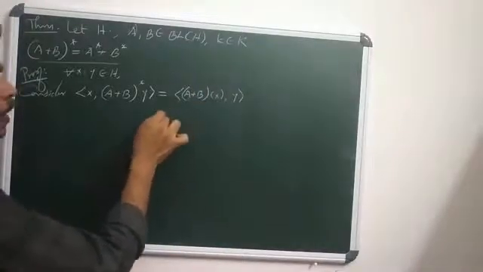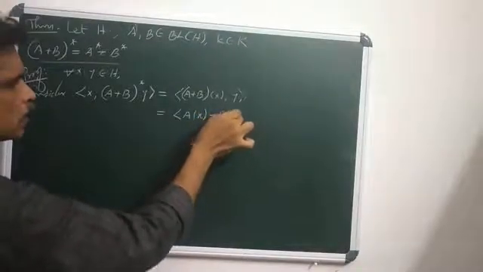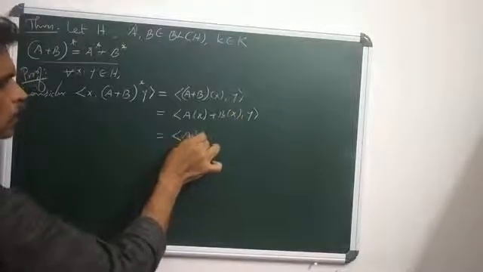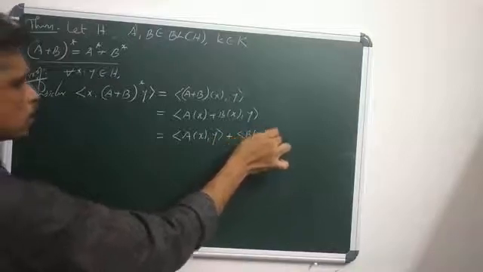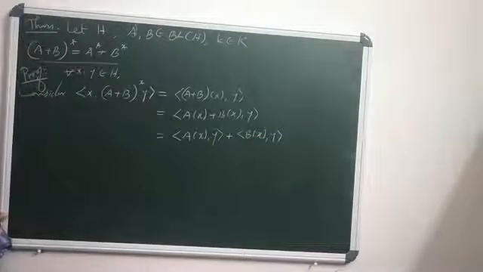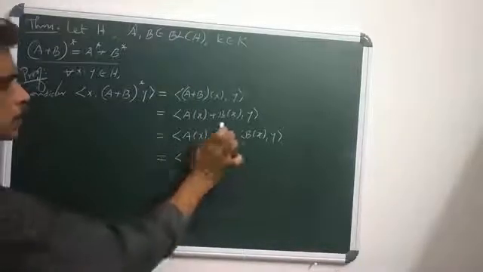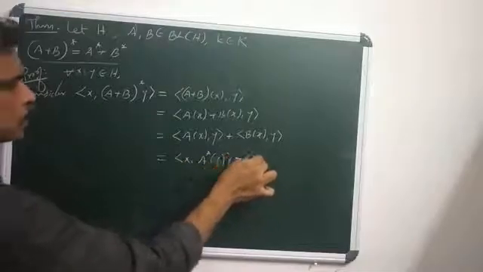Since inner product is linear in the first variable, it is inner product Ax plus Bx, y equals inner product Ax, y plus inner product Bx, y. Since A star is the adjoint of A, it is inner product x, A star y plus inner product x,